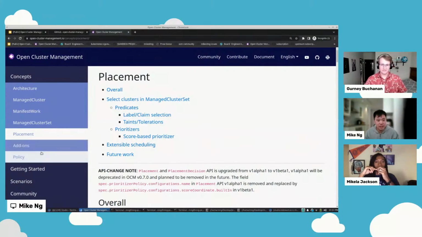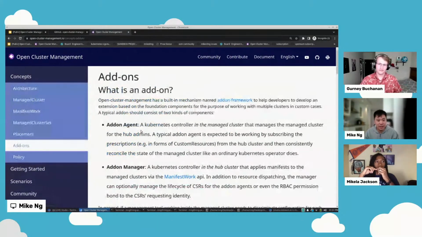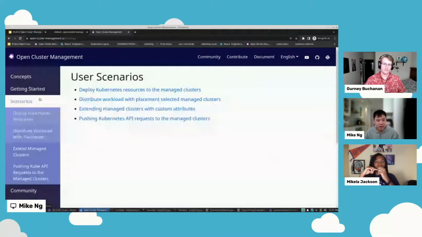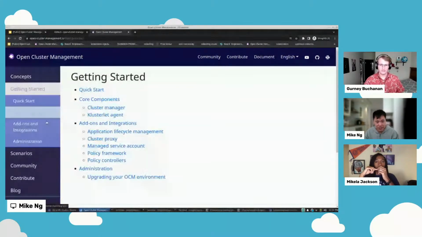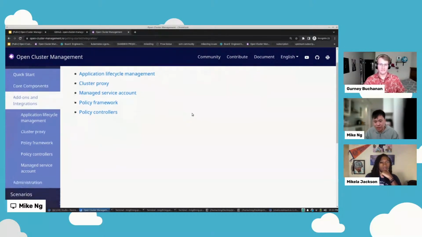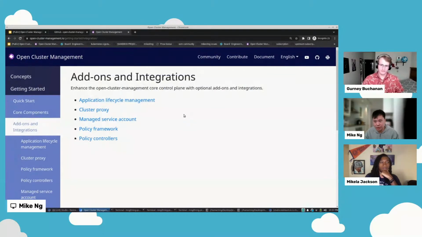And there are add-ons. We have native add-ons like application lifecycle, governance policy add-ons, and the cluster proxy add-ons, etc. That really allows you to build functionality on top of Open Cluster Management as well.